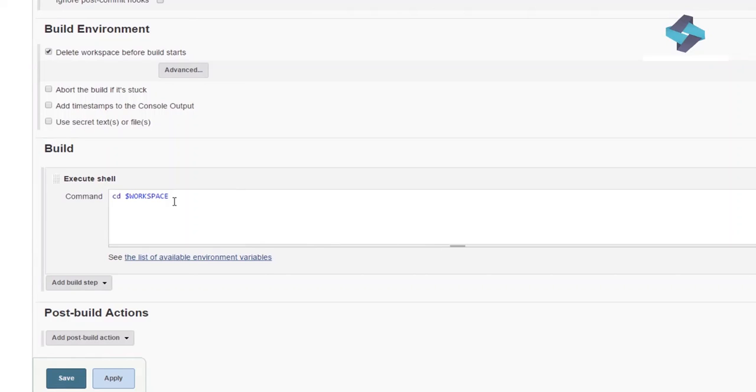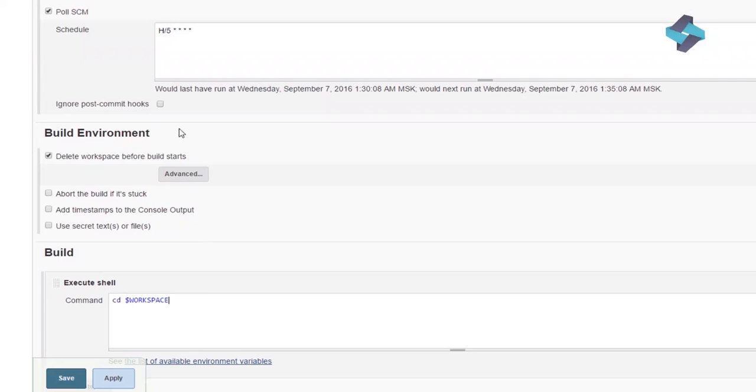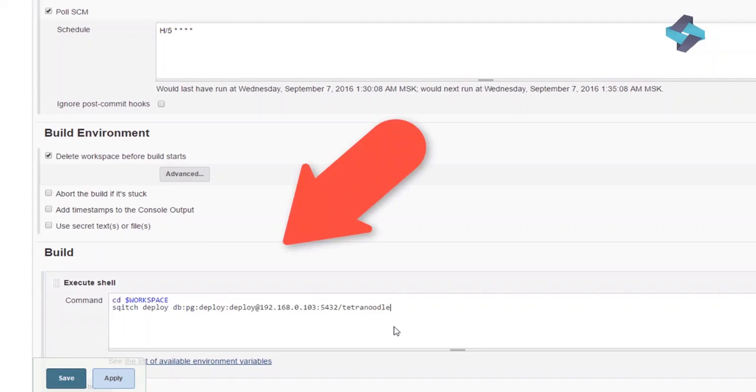Since the workspace directory is where all the code will be copied to once our Jenkins job pulls it from our Git repo, we must switch to that directory while executing our shell commands. So let's add that as the first line in our shell script. cd $workspace. Next, we will execute our Sqitch command via shell command. The exact command is sqitch deploy